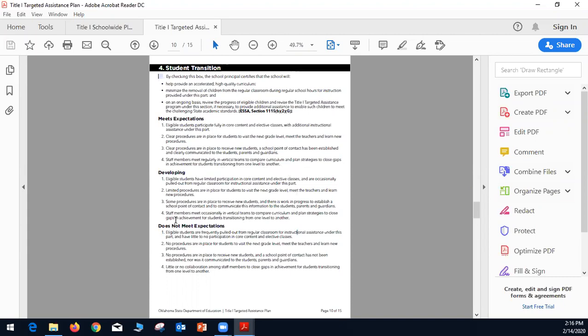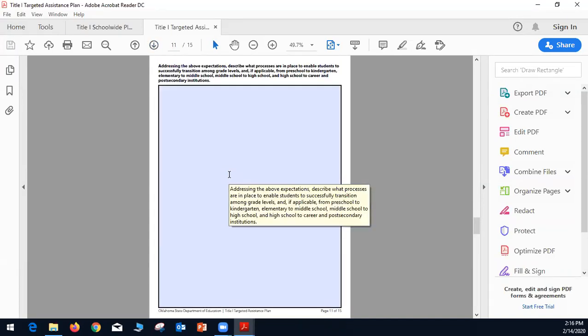A plan under development will have staff members that meet occasionally in vertical teams to compare curriculum and plan strategies to close achievement gaps for students transitioning from one level to another. And for the plan that doesn't meet expectations, there is little or no collaboration among the staff members to close gaps in achievement for students transitioning from one level to another.